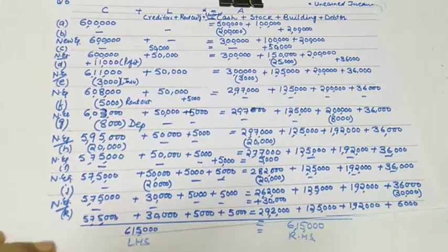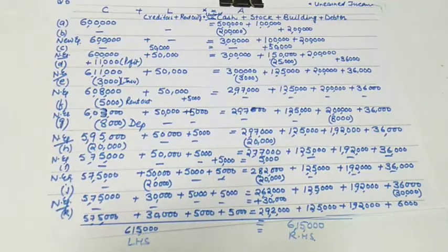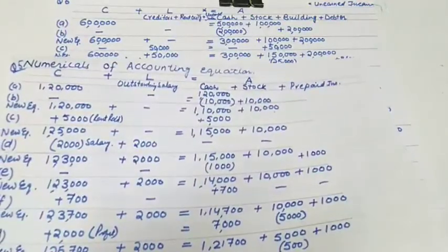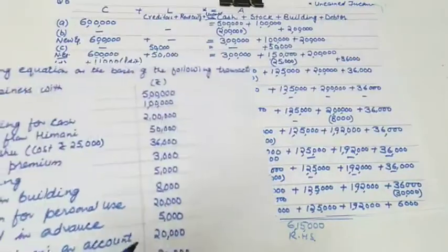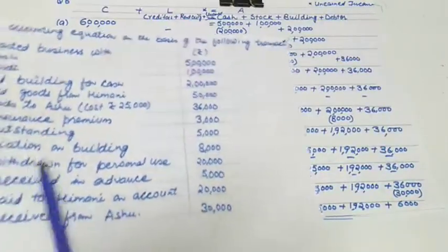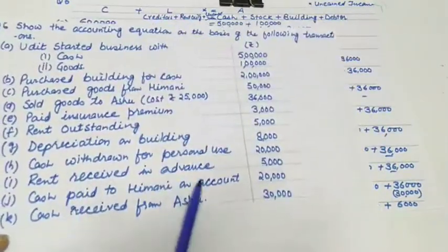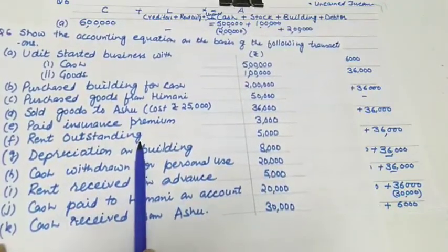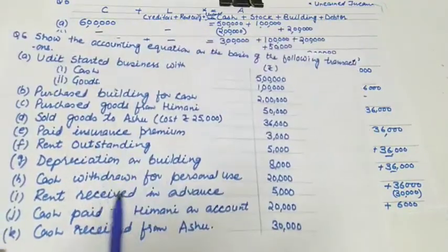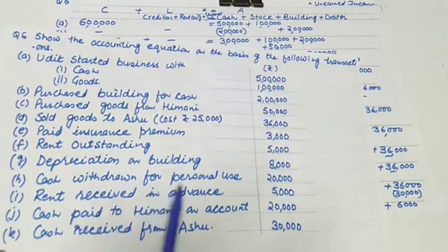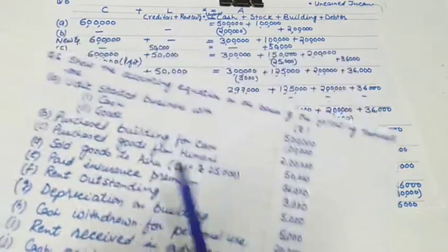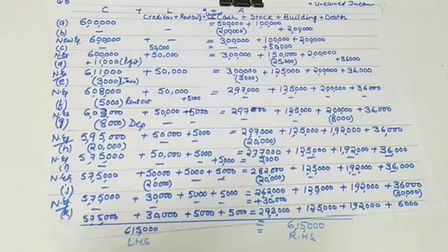So I hope all the treatments of question number 5 and the solution of question number 5 and 6 are clear to you. You need to be very careful, and there are 2-3 transactions which can create a problem, like rent received in advance, rent outstanding. So you need to be careful while recording it. Likewise, cash received for personal use. So go through this solution again and again, then I think you will be able to understand. And we'll be practicing more numericals from NCERT, and